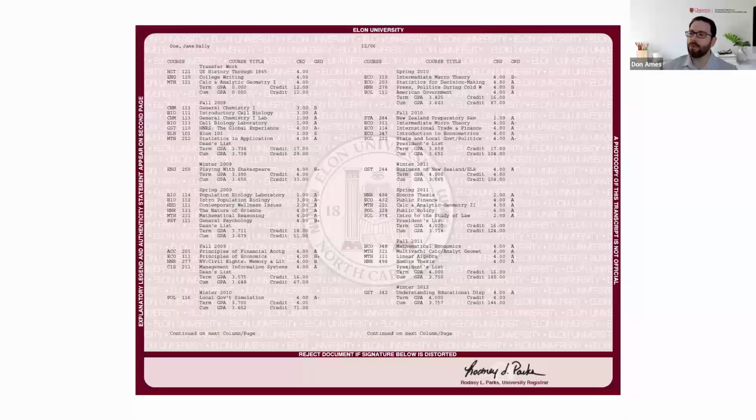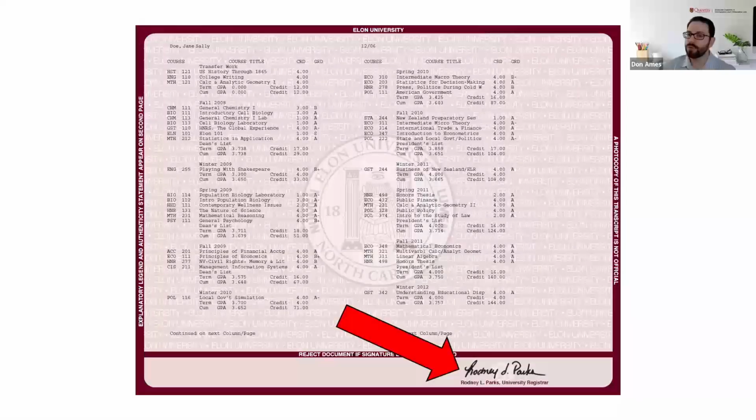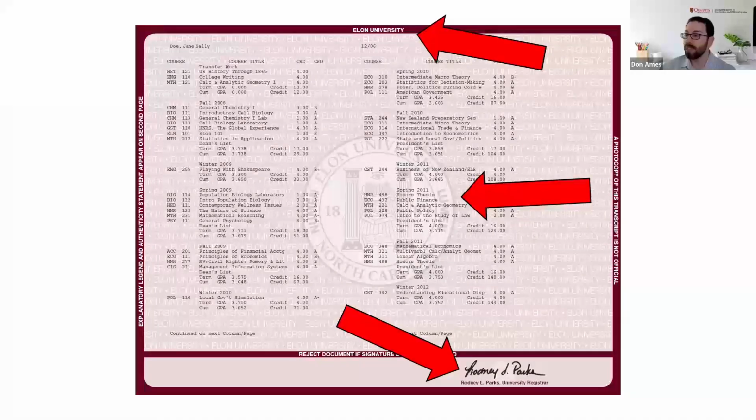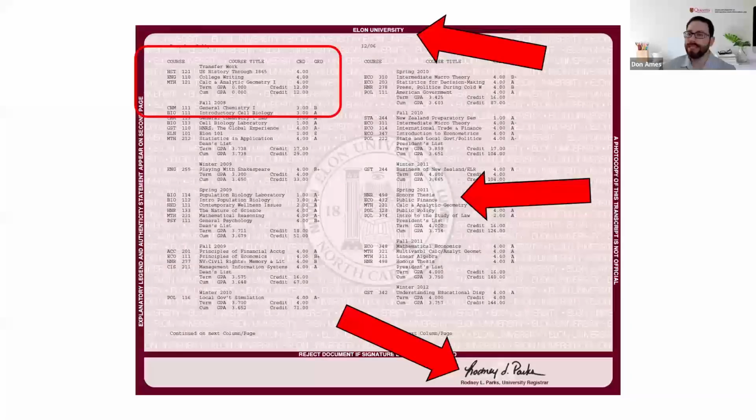This is an example of what we're looking for in transcripts. And while this is a pretty standard North American transcript, a lot of the qualities of this transcript will transfer over to international credentials. For example, it has some sort of official signature from someone with the institution. You can see that there's a watermark of the logo, something that deems it as an official document. It notes the name of the organization, but the real key that we're looking for here is this section here.